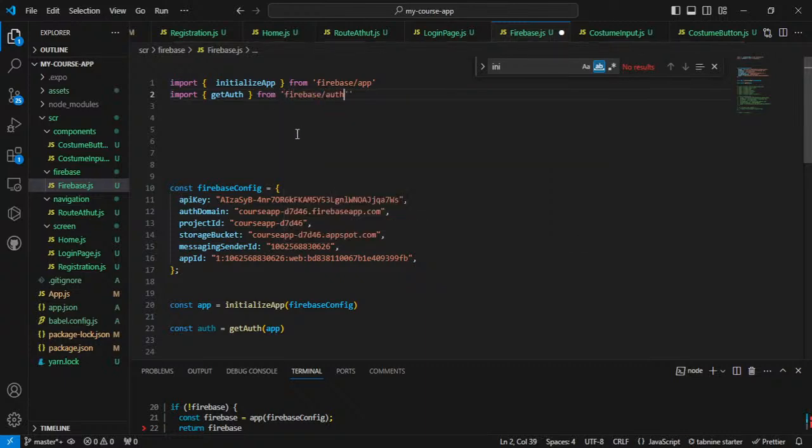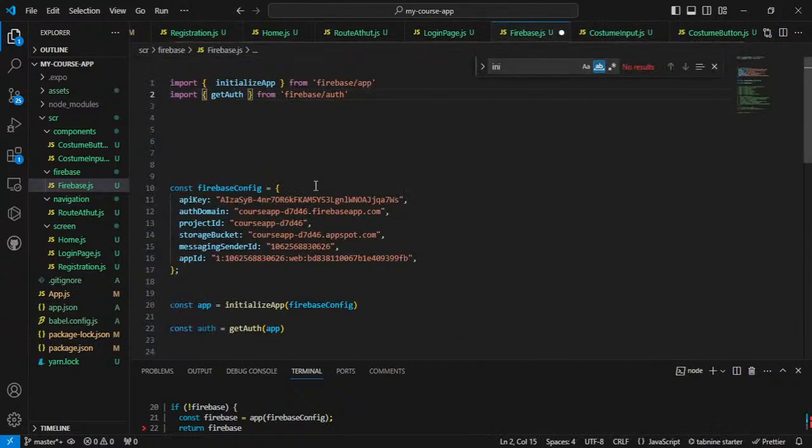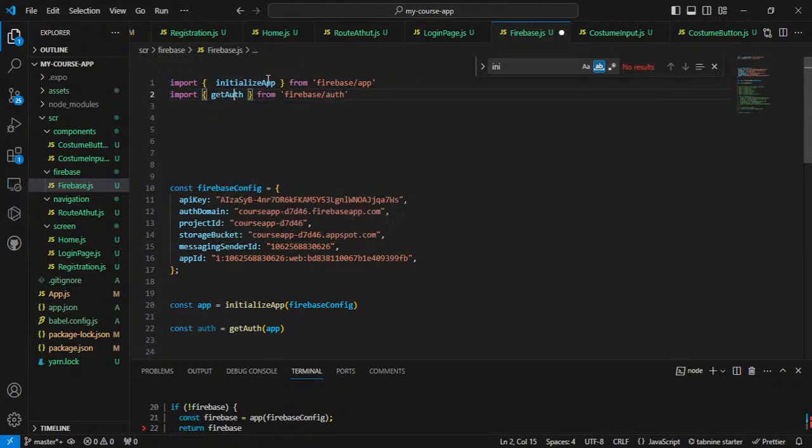slash out, of course, and if we click yes, the function is recognized. Always check if you are correct in import by clicking into the function itself, and it should take you to the script. If it didn't take you, that means the function is not located within the folder you have already set up or selected. So right now we got the firebase out and we got the firebase